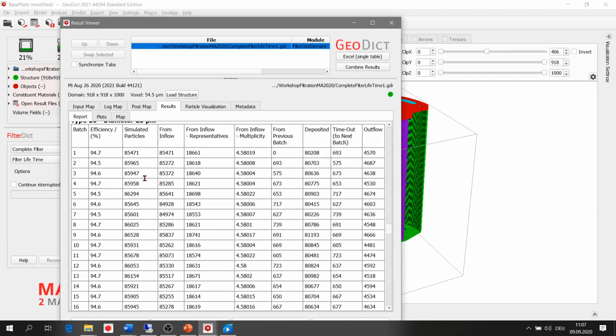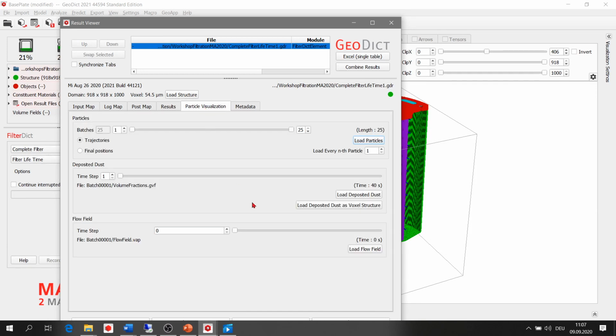All right. Under particle visualization, you can also visualize the particles. You can load the trajectories if you want to see also how the particle moves, or you can also load the final positions. To accelerate a bit, I just load every 20 particles.